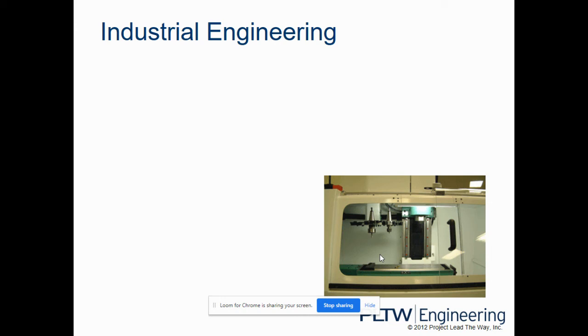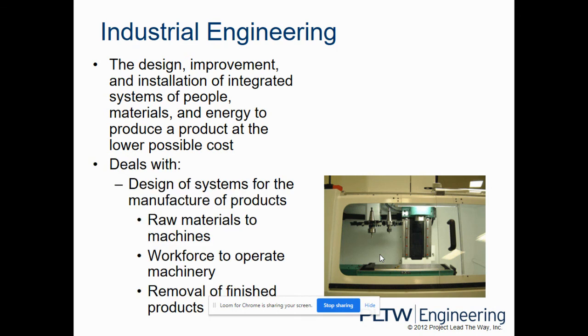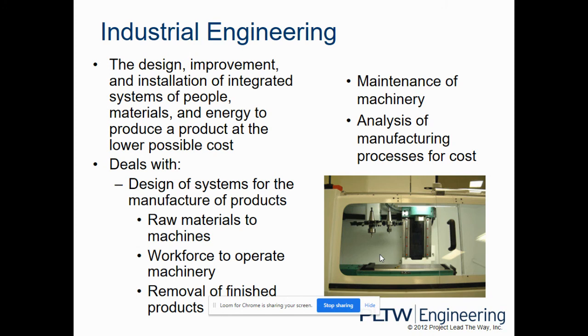Industrial engineering. It's called something different, but basically, an industrial engineer makes sure that whatever goes on in a manufacturing system is as efficient as possible. You make sure the material gets in when you need it. Make sure the product goes out. Make sure you have the right number of people. Make sure you have the right machines, that they're all located so you can get it done as quickly and as cost effectively as possible. Also, safety. Safety is a big deal. So, whatever it takes to make your product, the raw materials in, the people, and the product out, and everything that goes along with that.